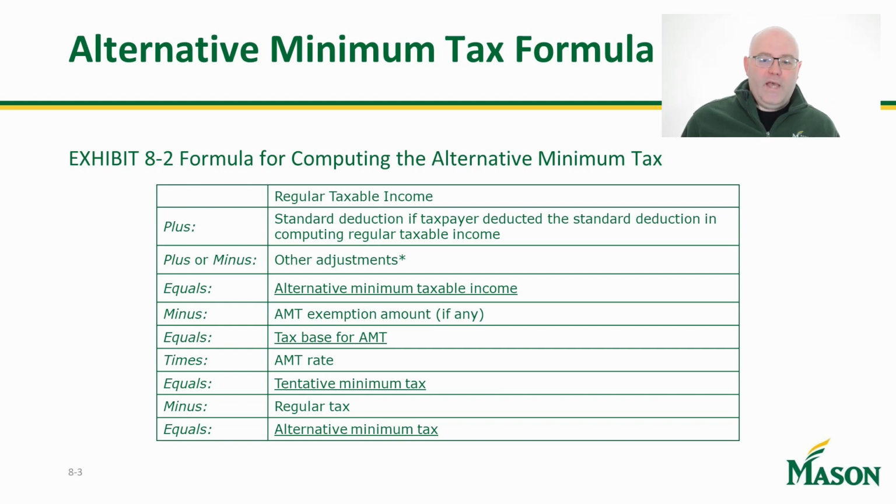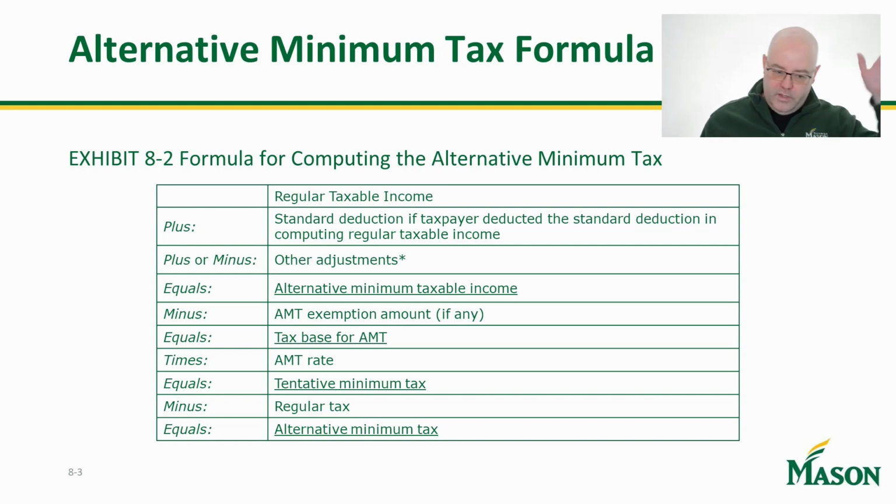The alternative minimum tax, for those of you who did not show up to my class or needed some additional help on this, was a tax that was enacted because of some news that came out about very rich people not paying taxes, and then of course during the Vietnam War when the Treasury Department did an audit and began to realize that 300 millionaires and billionaires, the top of the top, were paying almost nothing in taxes, and they're like, look, we got a war going on, we need money, and so